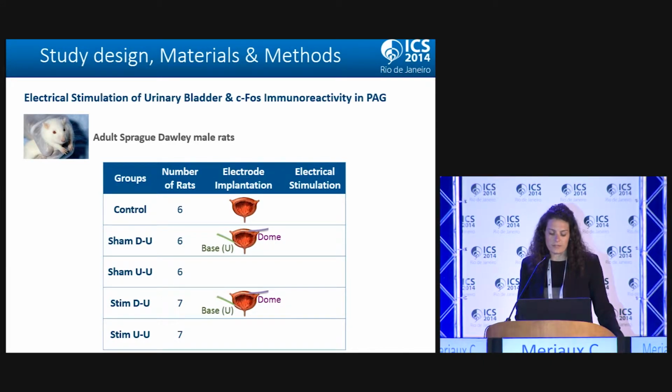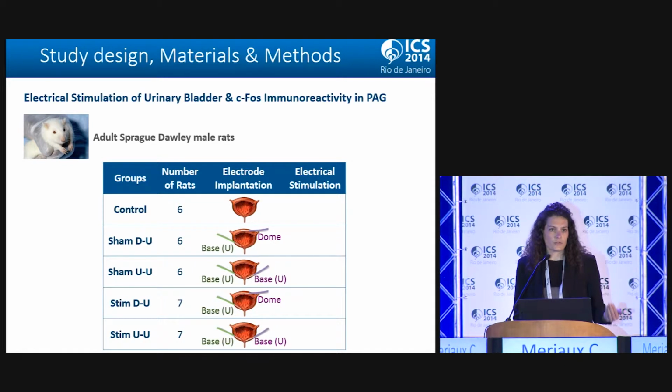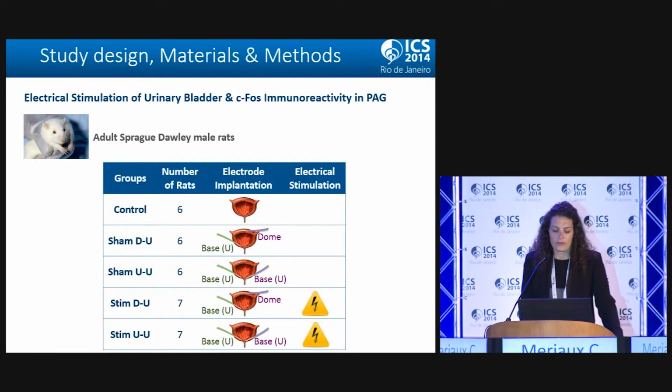Either one of the electrodes was implanted in the dome of the bladder, and the other one in the base of the bladder, or the 2 electrodes were implanted close to the urethra, so at the base of the bladder. For 2 of the groups, there was no electrical stimulation, so these animals were called the sham group. And the 2 other groups were stimulated with electrical stimulation, and these animals were called